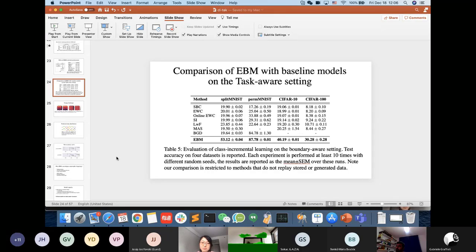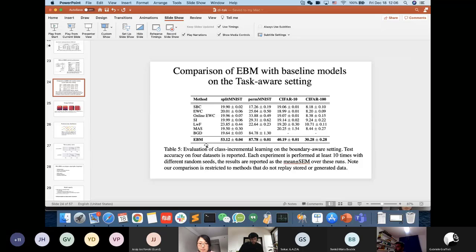In our energy-based model, during training, we control that we use the same number of iterations as the baseline models. For the baseline models, we ran them ourselves, and they use the same number of iterations as our energy-based model to train on each task. But for our energy-based model, we find that if we train it longer, it usually has better performance, because it takes a longer time for an energy-based model to converge than the softmax-based classifier models.